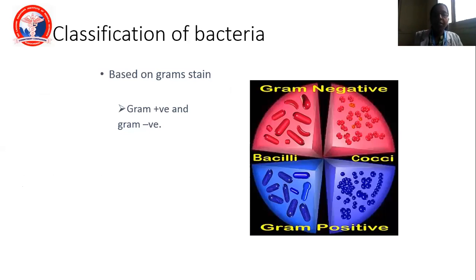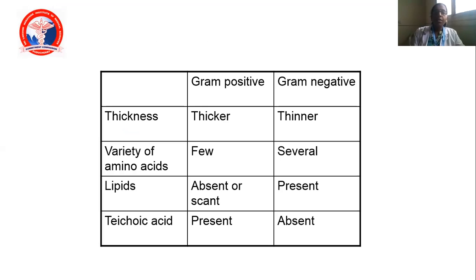So we have gram-negative bacilli, gram-negative cocci, gram-positive bacilli, and gram-positive cocci. Gram-negative bacilli are usually in a scattered arrangement, whereas gram-positive bacilli have a uniform arrangement, or a palisade arrangement, as already mentioned. And cocci we have in clusters, pairs, and chains, and gram-negative cocci are mostly in pairs. So this is the difference between the gram-positive and gram-negative